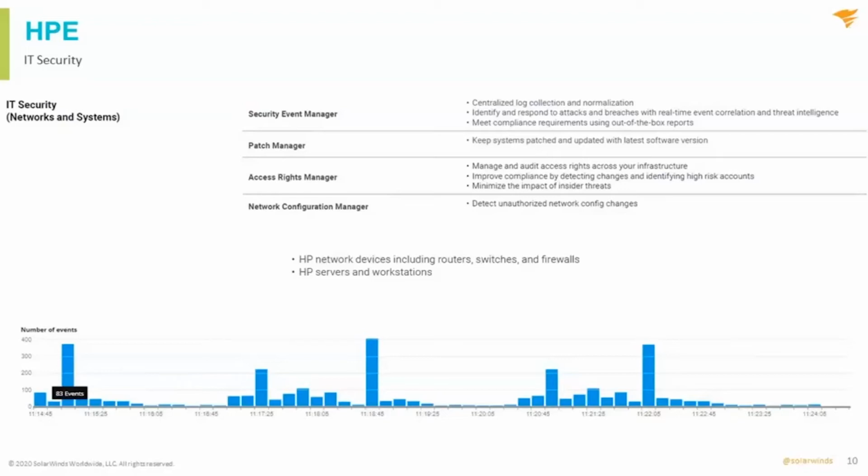It also puts the access rights to data in the hands of the data owner, not in IT. So you can set it up so that if somebody requests access to a particular environment, that request can go straight to the data owner, and the data owner can accept or deny that request. And of course, then configuration management as well, another compliance requirement within the environment.